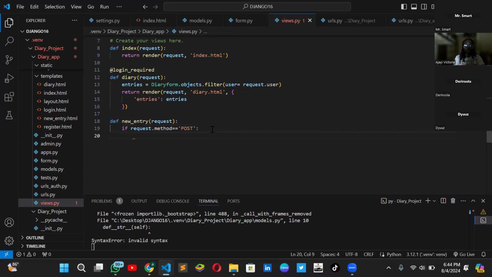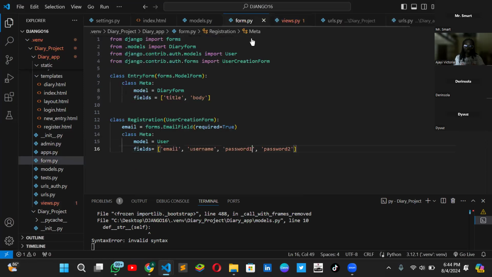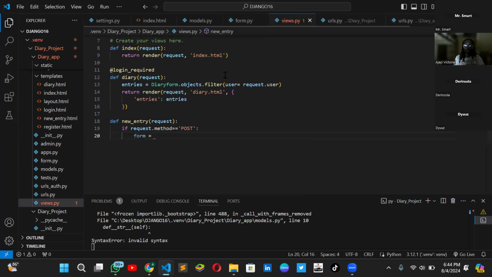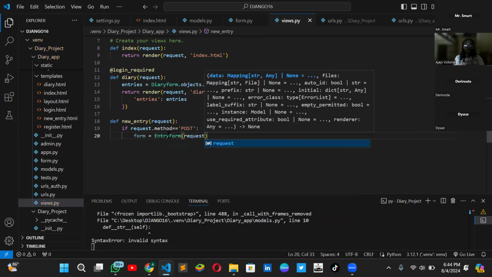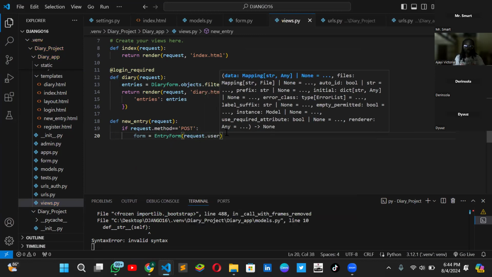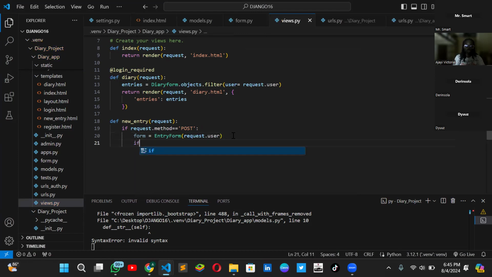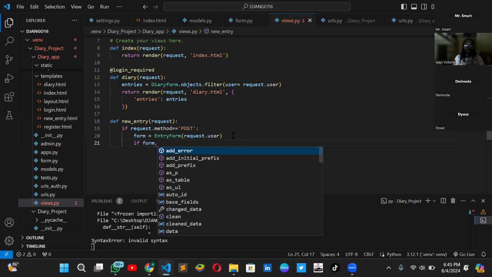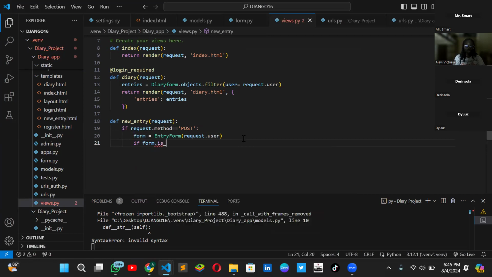If method equals POST, form equals, so what was that here? It was entry form, request.POST, request.user, and say if form.is_valid,